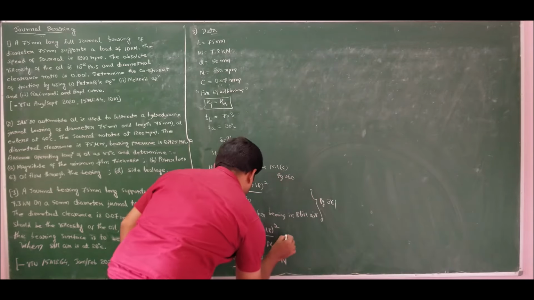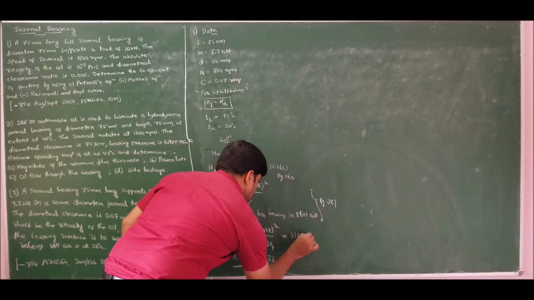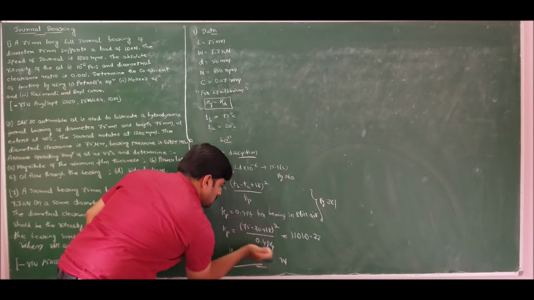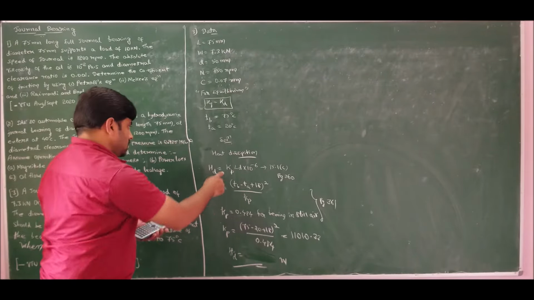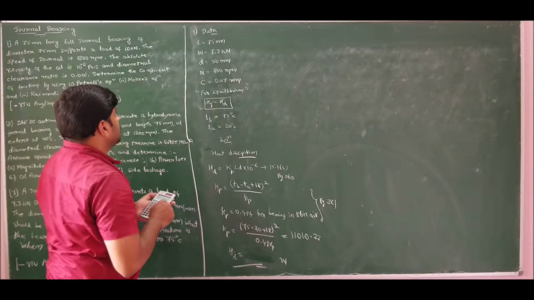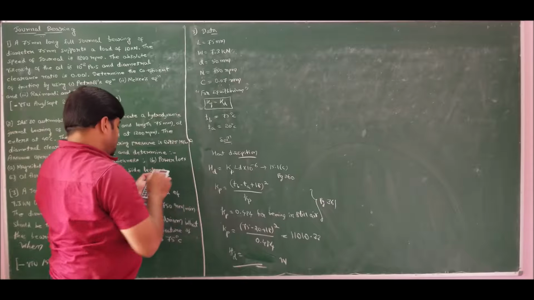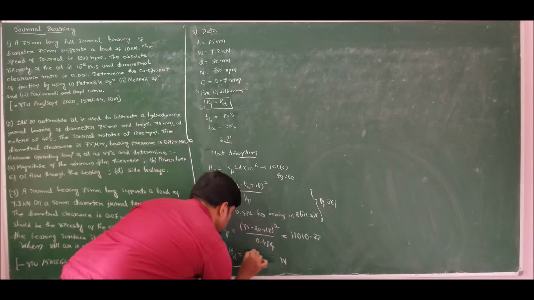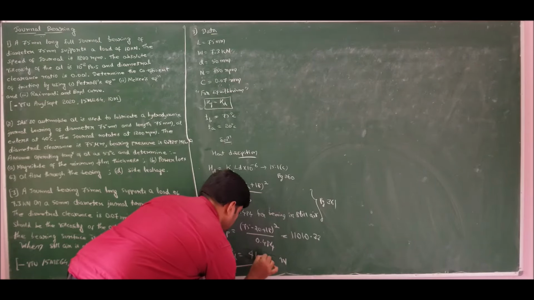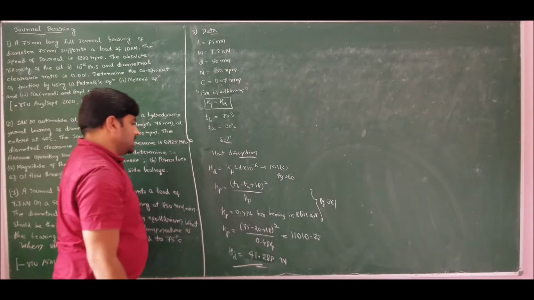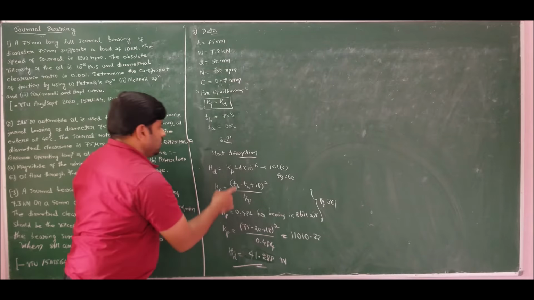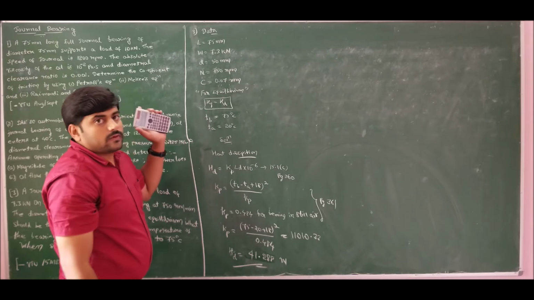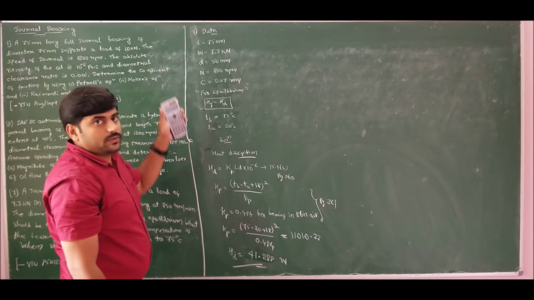Sorry, it is Kp, right? 11010.33 is Kp. So substitute the value of Kp here. So Kp into L D, L is 75, D is 50, all multiplied by 10 to the power of minus 6, which is 41.288 watts. Note down, L and D must be in millimeters, which is evident at the beginning of chapter 15 in the data handbook itself. We have specified the units.